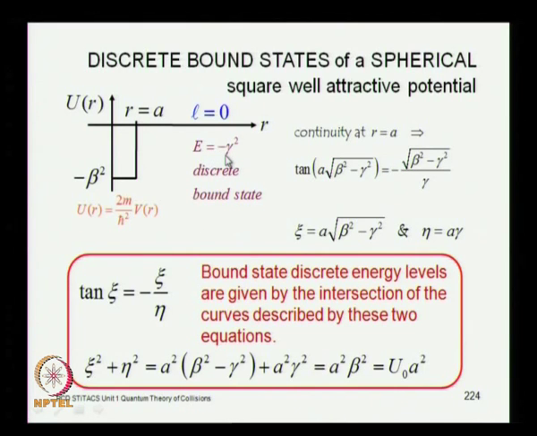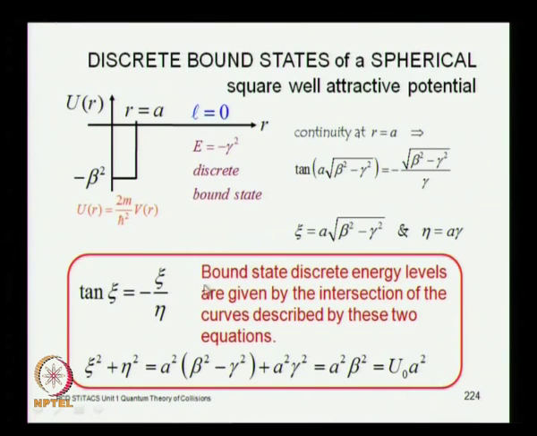Energy is minus gamma square for bound states. Okay, it is intrinsically negative, so it has been chosen to be minus gamma square. So, here again we find that xi square plus eta square equal to the strength of the potential. This is again an equation to a circle. So, it is a very similar situation as we have seen in the previous case,